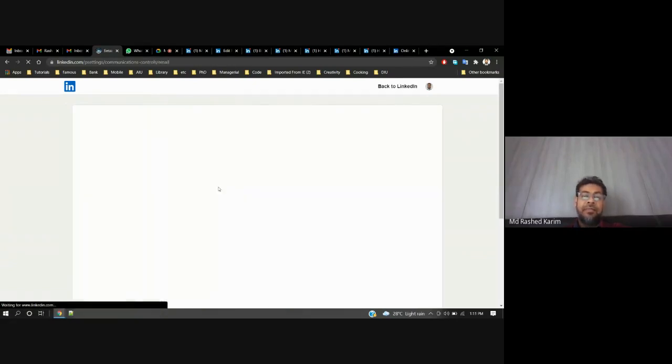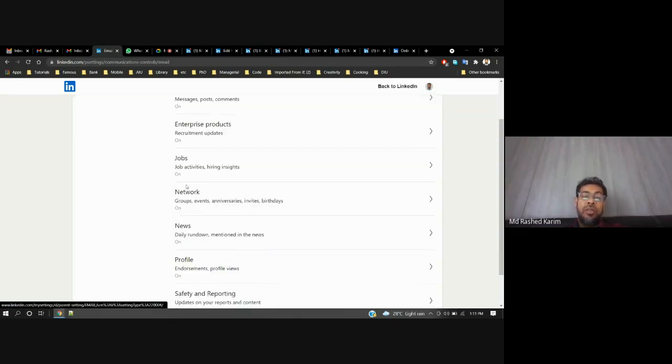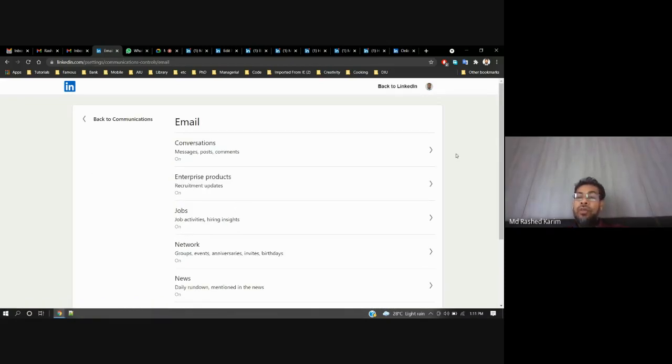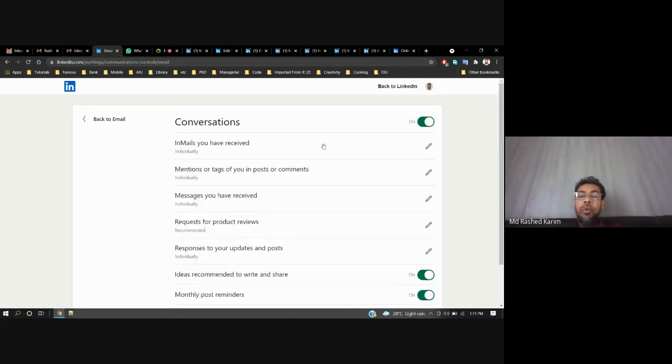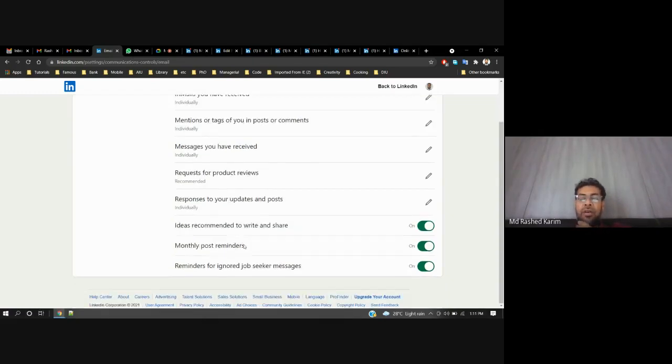You can set notifications for conversations, enterprise products, jobs, and network on or off. For example, I don't want to see conversations and posts, so I put them off so that no notifications come to me. For email, individually or in a group, you can set weekly or off. You can turn it off or set a weekly digest, not every day. So you can set on or off.